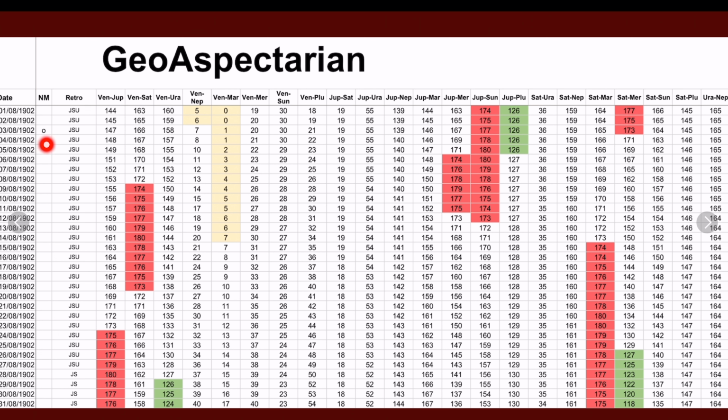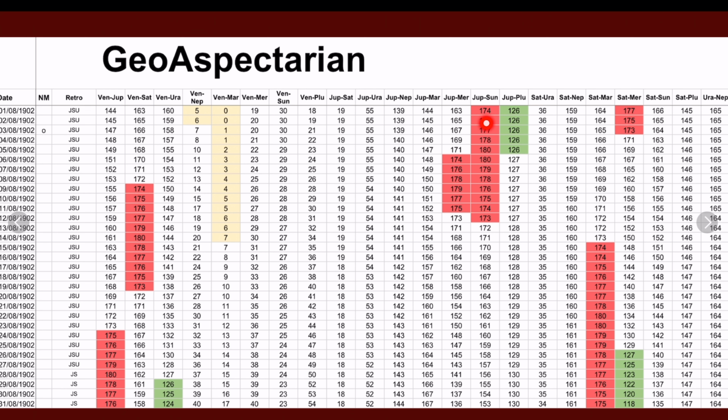The next column is for retrograde motion, and we have the letter of the planet in this column if it's in retrograde motion, and here we've got Jupiter, Saturn and Uranus all in retrograde. And if we look down, we can see the U drop off, so Uranus goes direct here. Now looking across the file, we can see Venus and Neptune coming out of a conjunction, Venus and Mars conjunct,